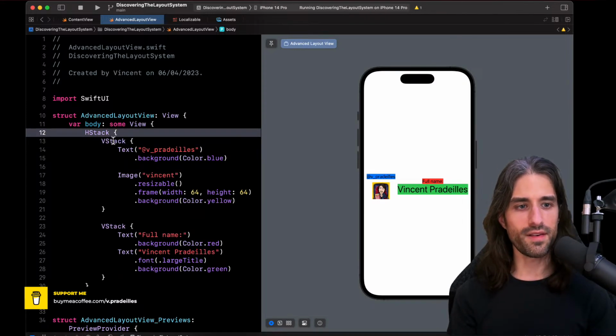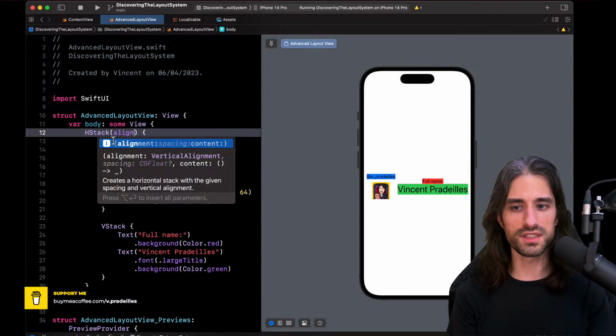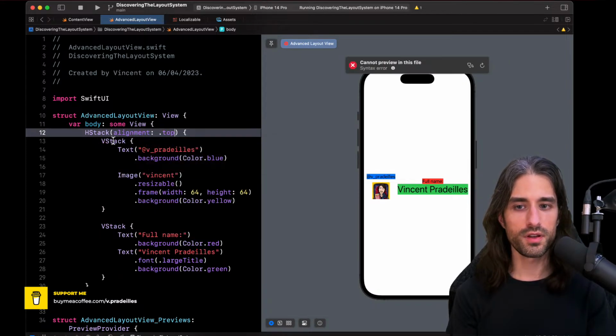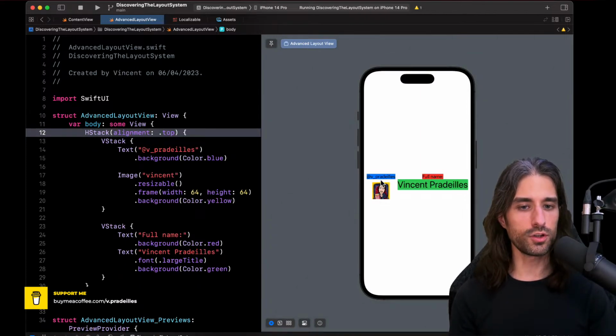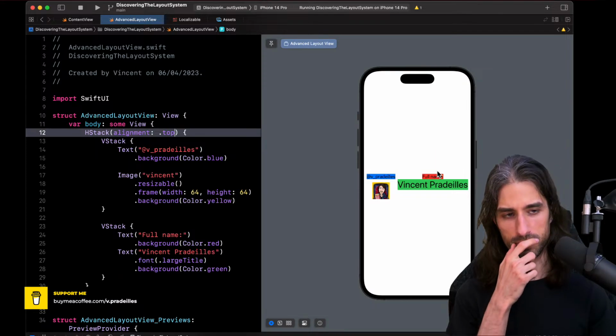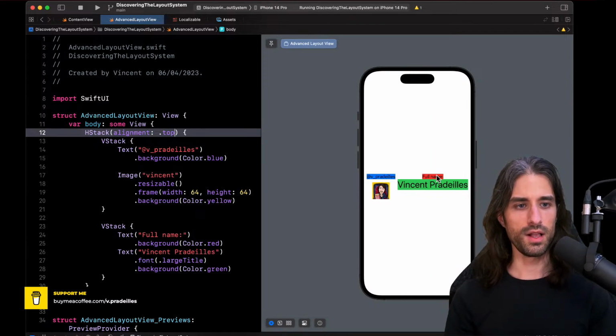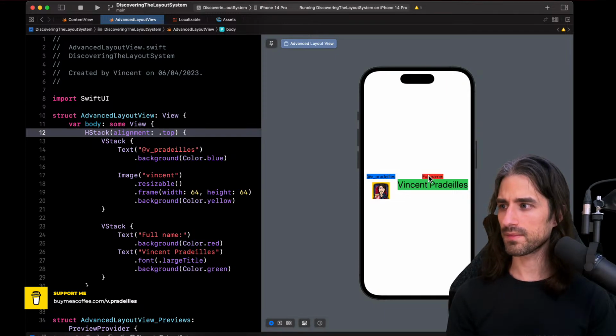But if you're watching the live, I will show you how to do it, and we are using the alignment argument with the top alignment. And so you can see that now the top text in the first column has become aligned with the first text in the second column.